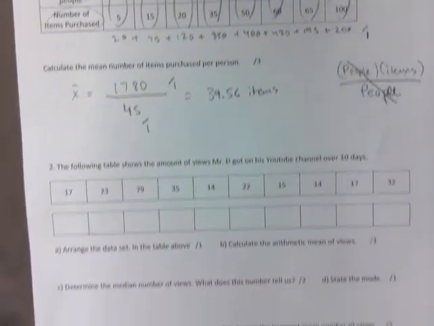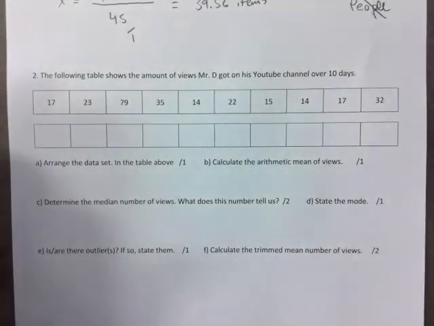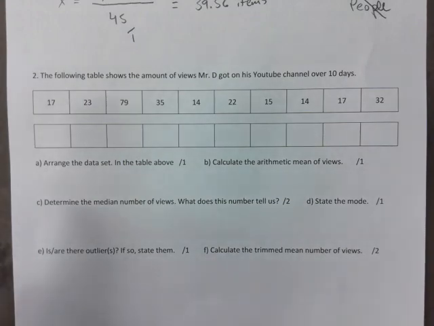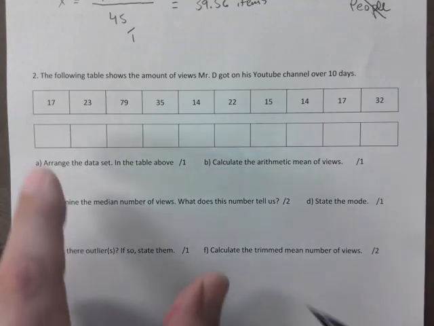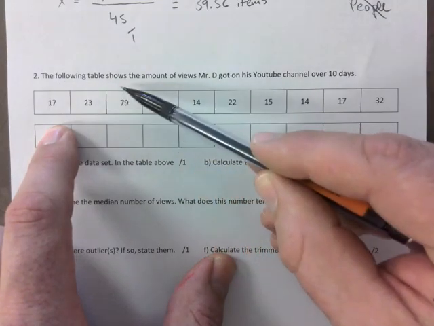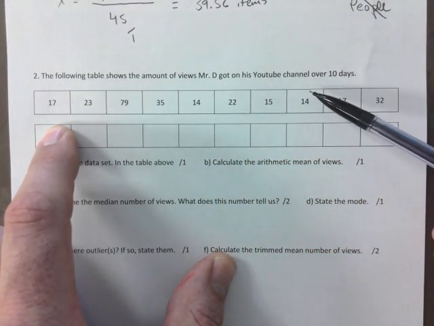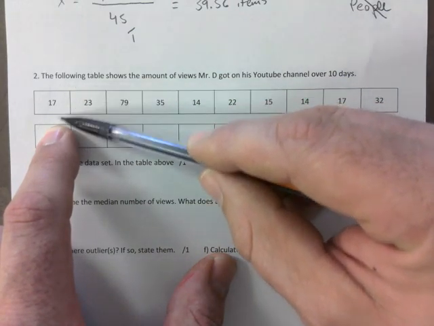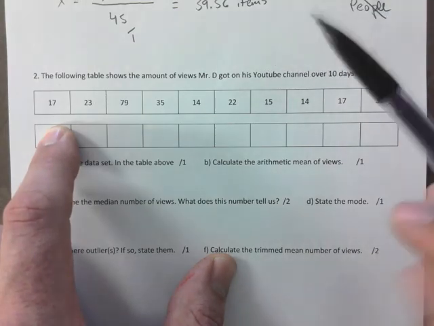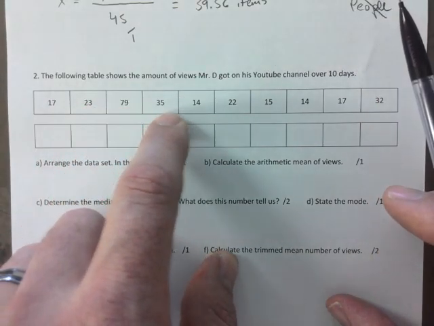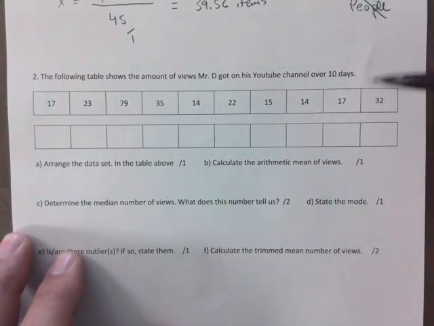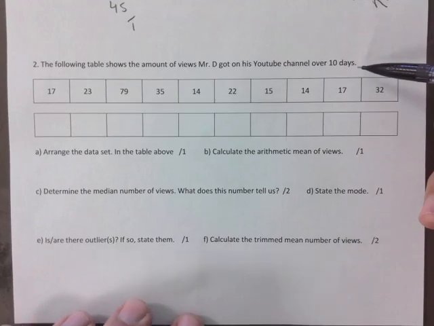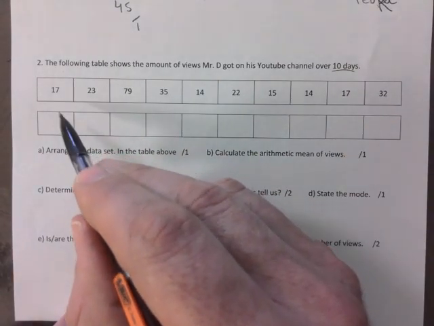There we go. Next, we've got, is this a weighted mean situation? No categories. So pay attention to this, because I would love for you to ace this one on the exam if you see a question like this. Sometimes they will have day 1, day 2, day 3, day 4 at the top. So students think, oh, day 1, 17, and they'll just multiply like that. Don't fall for that. They're just labeling that. Each individual item is for each day. So these are the views on my YouTube channel. I just made this up, right? So anyways, we're supposed to arrange it,